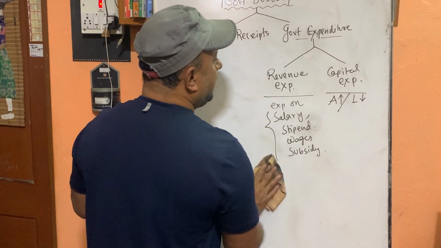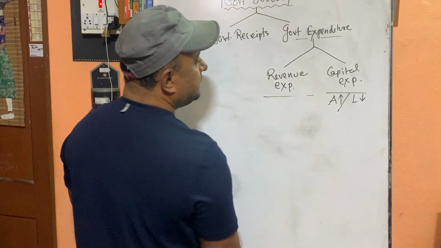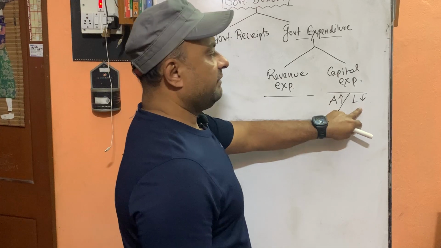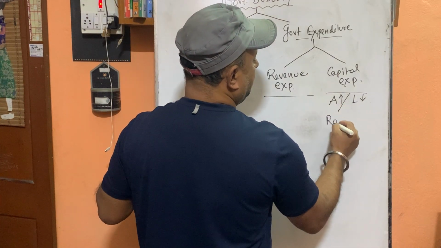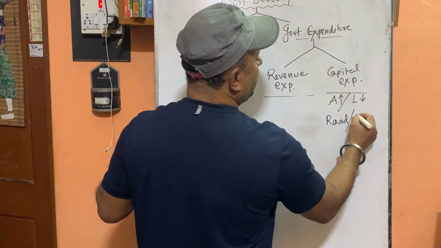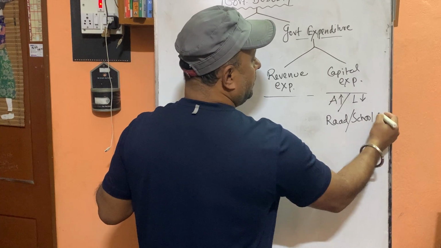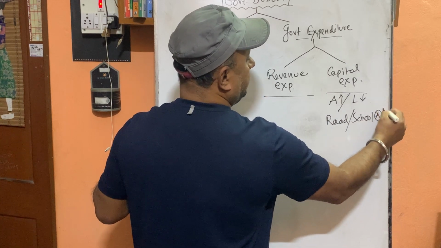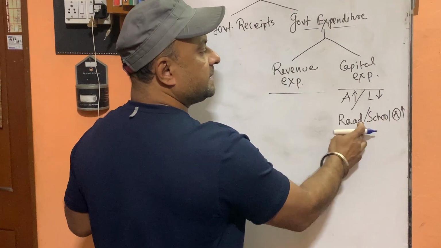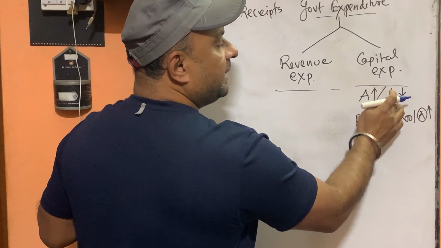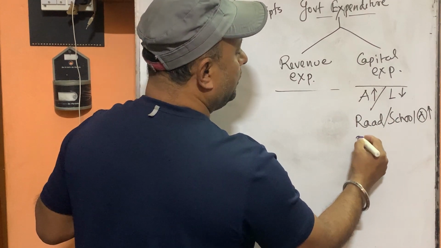Now in capital expenditure, what we learned, either government asset will increase or liability will fall. For example, when government makes a road or government makes a school, that time government is spending money, then what happens? Government asset increases. Here government is spending money and asset is increasing. Liability reduction means, suppose government repays the loan,